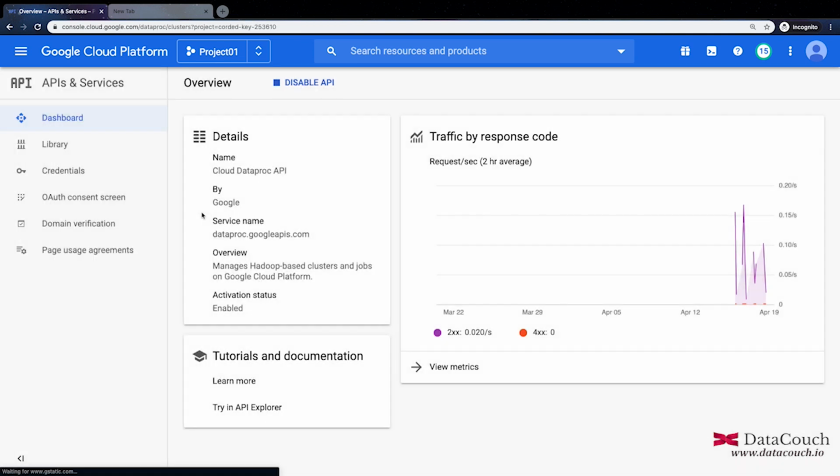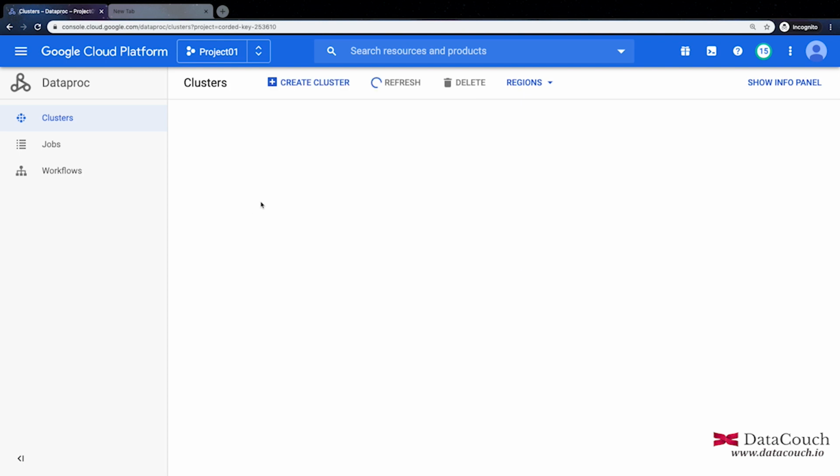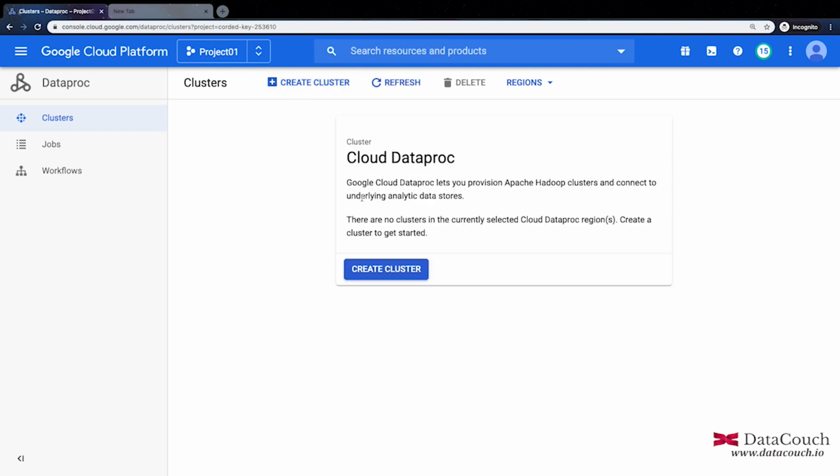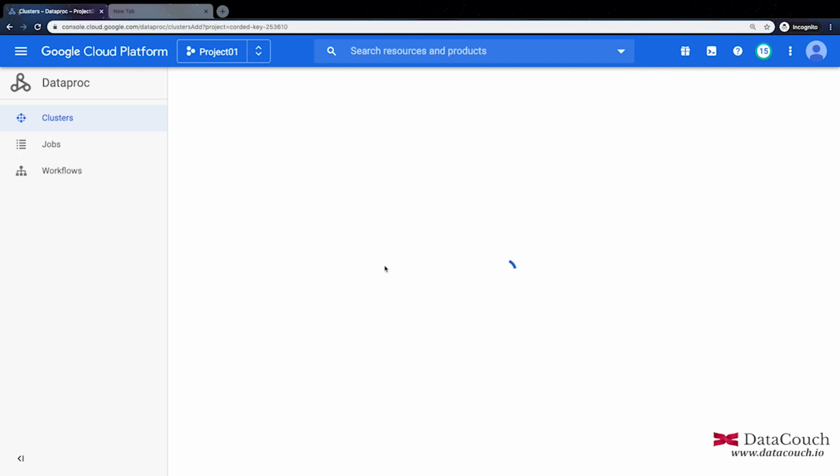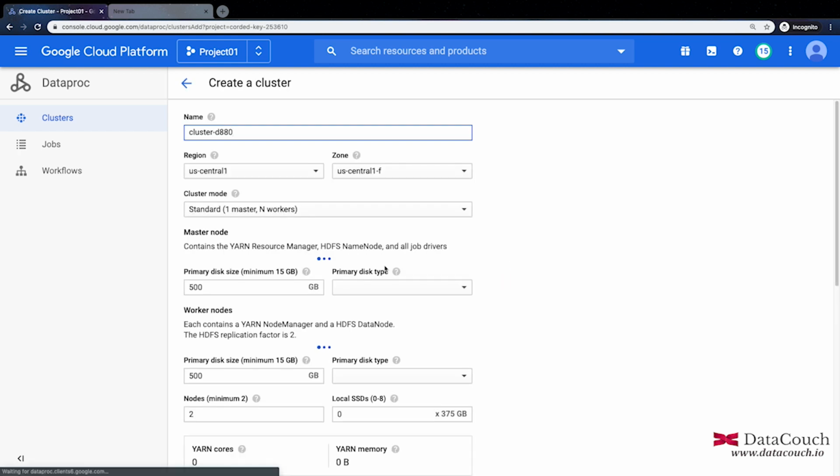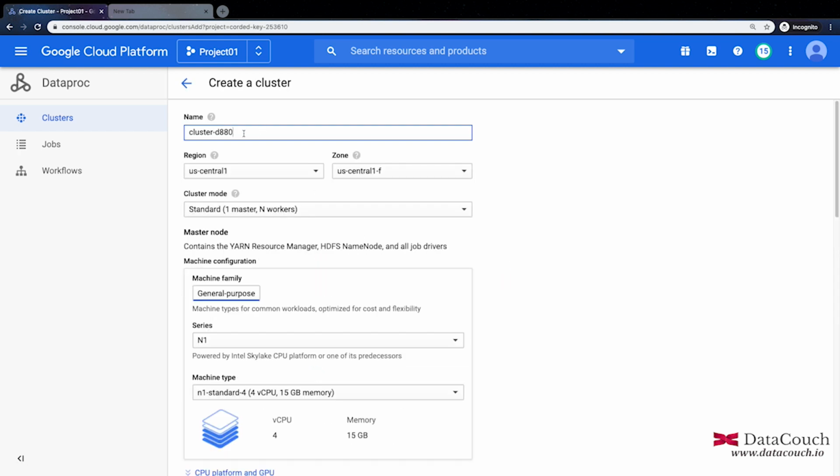So I'm going to clusters. Here you will see an option to create cluster. This option will come only when the API is enabled, and we just enabled the API. Now we are clicking on create cluster. Here we are making use of Google Cloud free credits. That's why we will be creating a single node cluster. This course is more specifically focused towards running some pipelines, and even if we have a single node with a sufficient number of cores, we should be able to execute most of the technologies that we want to cover in this course.